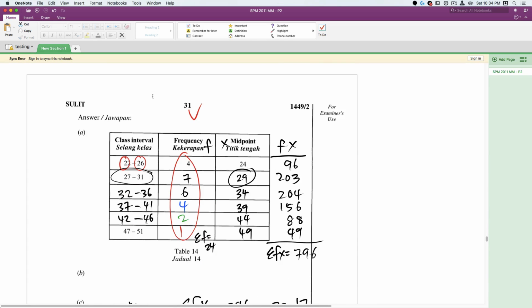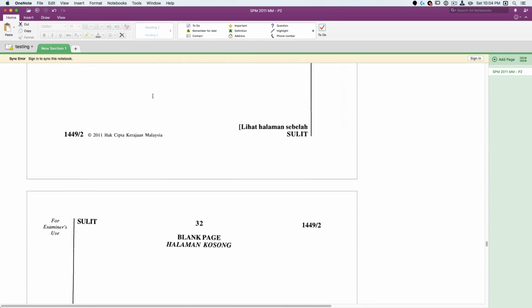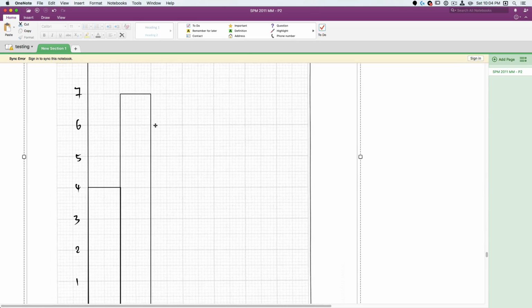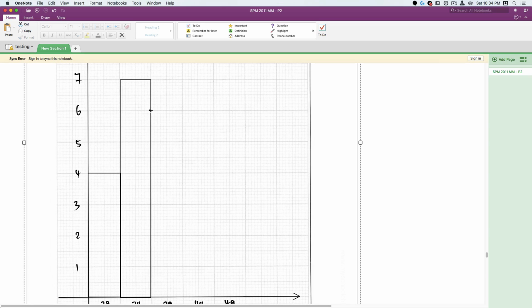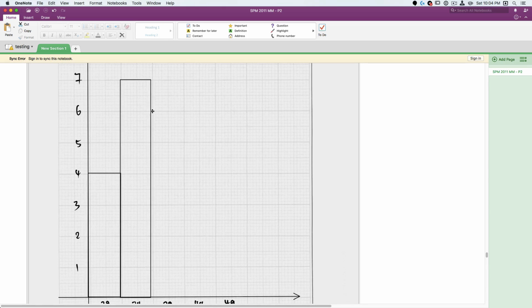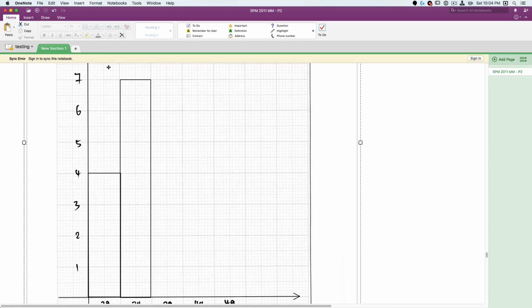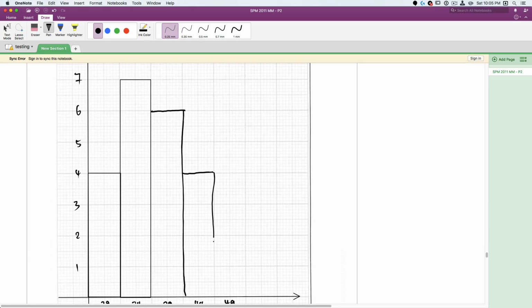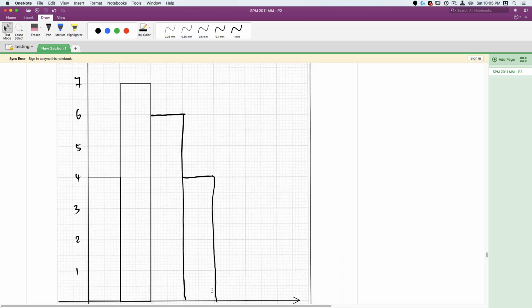Okay, 4, 7, 6, 4, 2, 1, isn't it? 6, 4, 2, 1. So next will be 6. Oops. Okay. Let me just draw freehand. Okay, 6, you just draw it like this. And then 4, you just draw it like this. It's 6, 4,